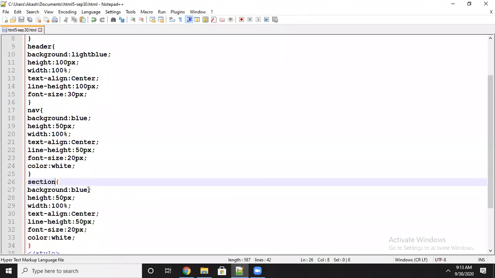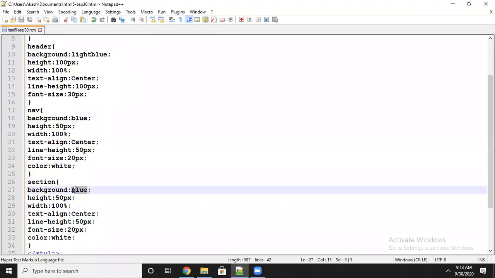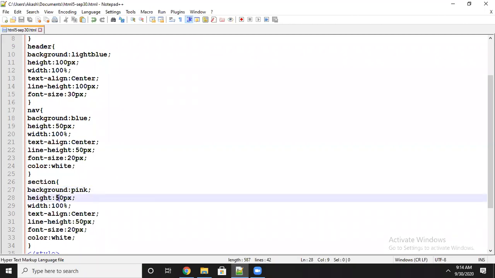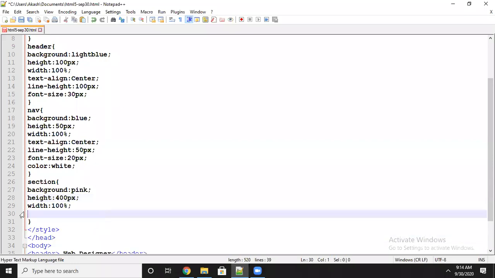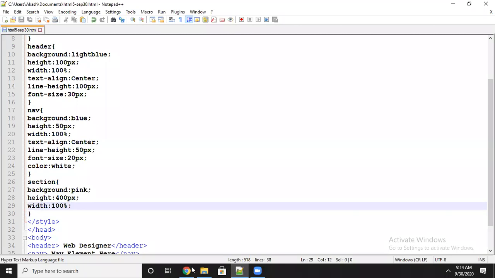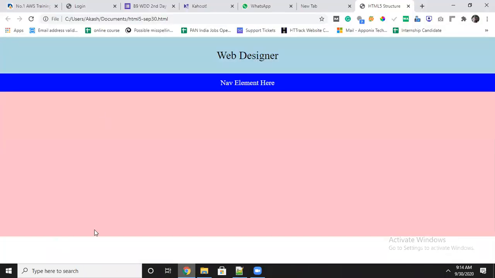I will change the background. I will keep it pink as a background. Height I will take as 400 for the section tag. Width I will keep fully, and I don't want line height or anything here. Just I want only 3 properties. You can see the section tag is occupied here. I took 400 as a height, width is 100%.